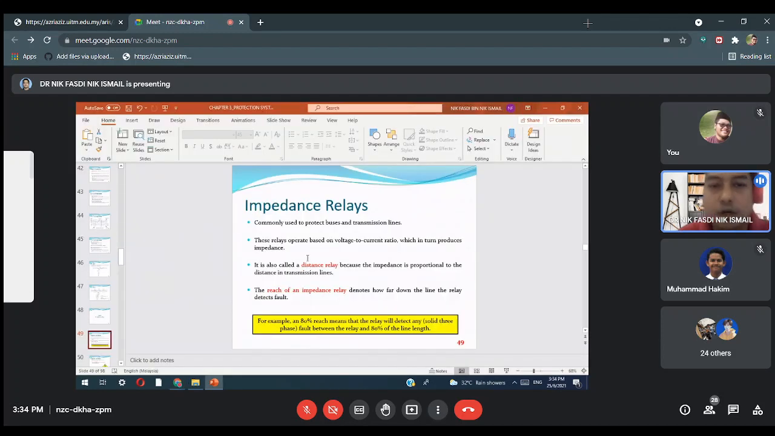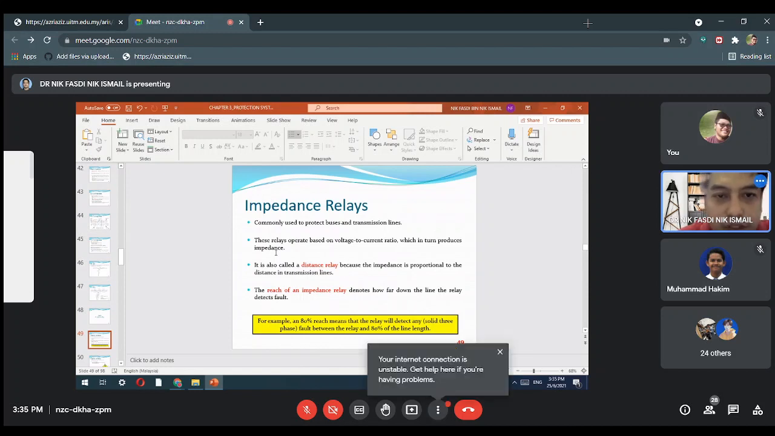Okay, 28. Commonly used to protect buses and transmission lines. So commonly we use bus and transmission line impedance relay. This relay operates based on the voltage to current ratio, which in turn produces impedance. If you go back to Ohm's law, V equals I times R. So actually R is Z, the impedance. So Z is V over I. So based on the voltage over current ratio, it will produce impedance. Kenapa macam tu? Because